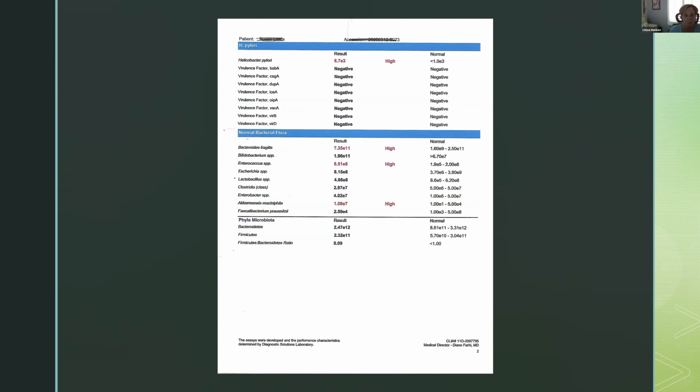Now, on the second page, we see the presence of H. pylori. This is a common thing I find in practice. When the presence of H. pylori is found, these are present in the gastric mucosa. Now, some amount of H. pylori is present. Basically, I want to start off by saying that our gastrointestinal tract is a host of trillions